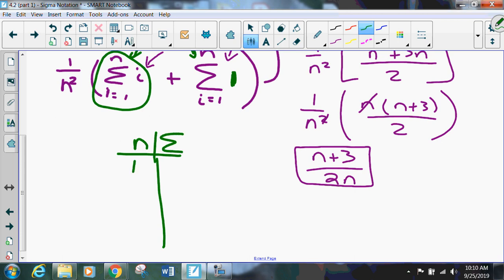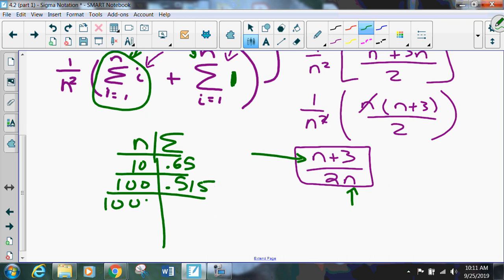So when our n is 10, we're just plugging it into this formula, and we're going to get 13 over 20, which we're going to use as a decimal because we're going to watch how it changes. Decimal form is the best way to see that. And so then when our n is 100, we're going to plug 100 in both spaces and do that in our calculator, and we'll get 0.515. When we throw a 1,000 into our n, we're going to get 0.5015. And when we throw 10,000 in, we're going to get